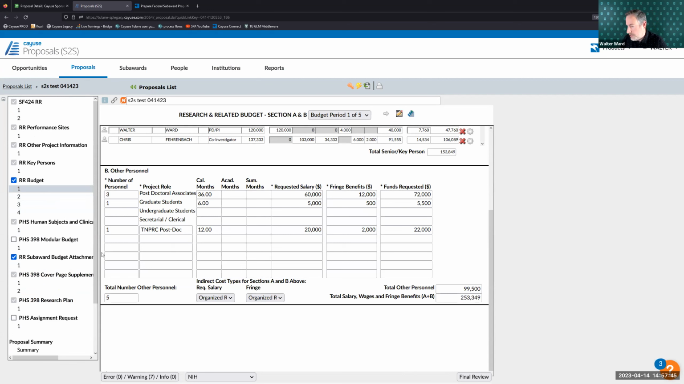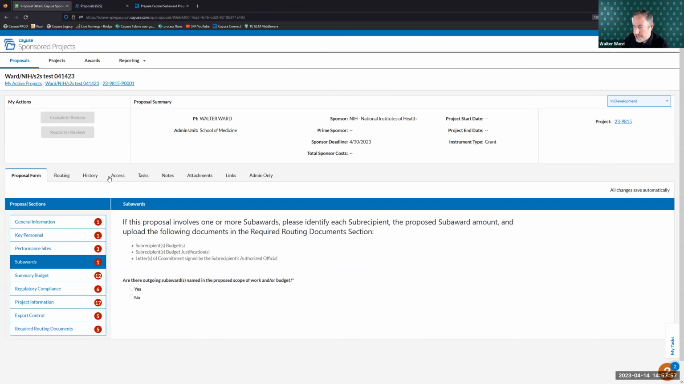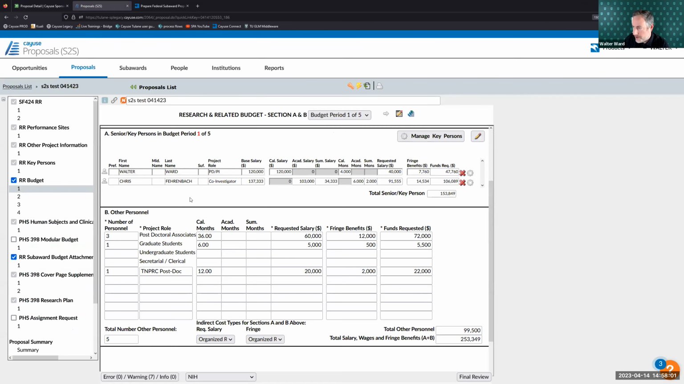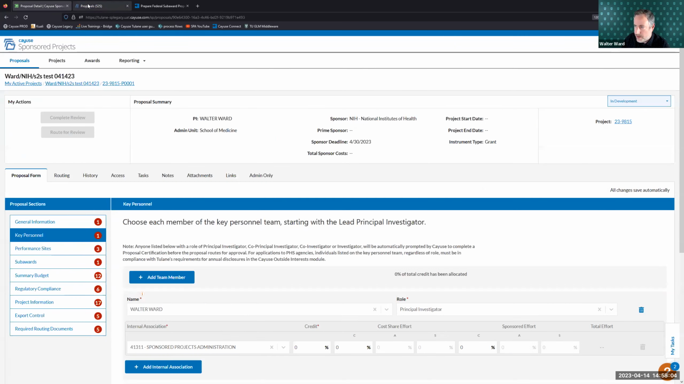So I'll talk about the way this works whenever this is ready to go. If you've done your due diligence and gotten these errors, warnings, and info down to 0, and you're confident with this proposal, remember, you still need to do the routing sheet too. We need to have this routing sheet completed. So you might be jumping back and forth, doing some of this, maybe doing some of the stuff in Cayuse